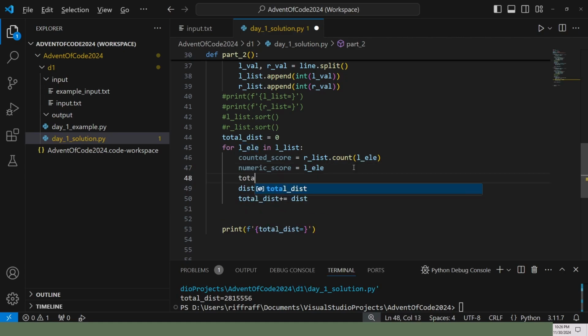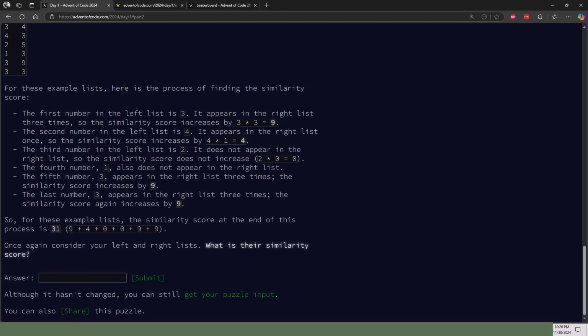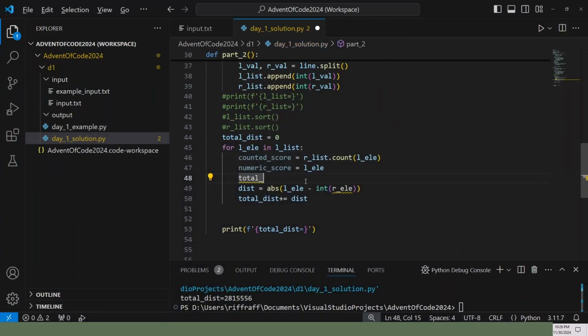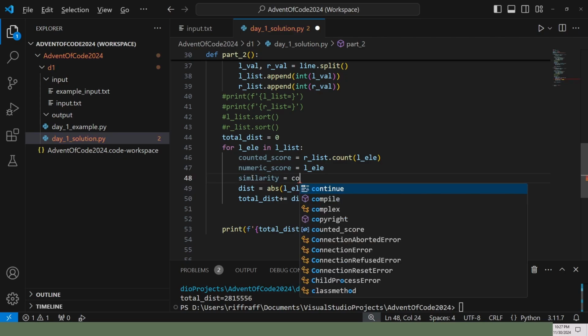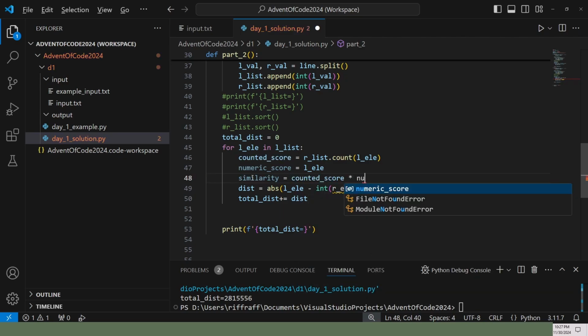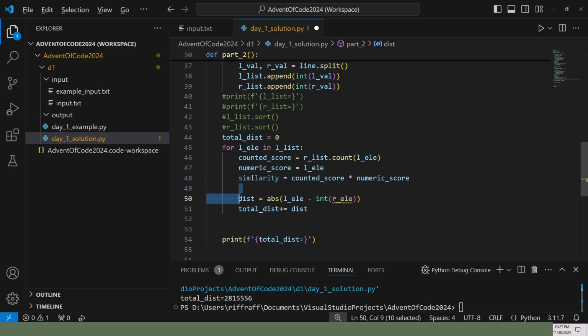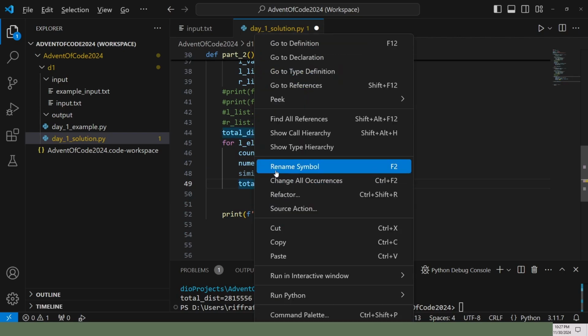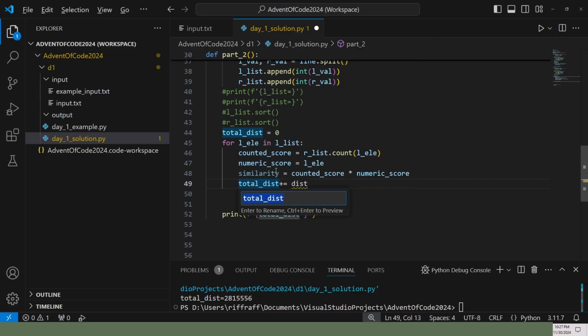So the total score, they call it similarity, well, the similarity for each of these is going to be a little similar.